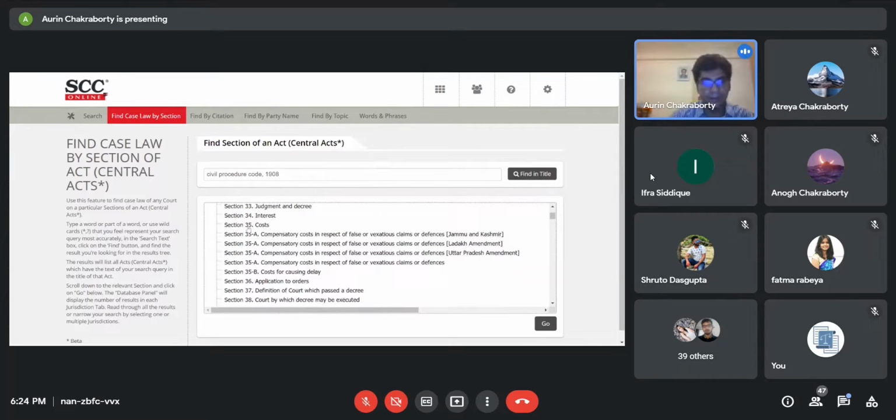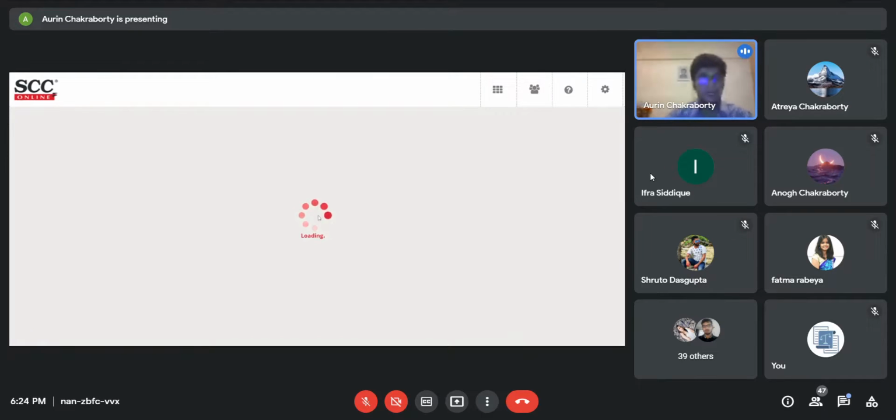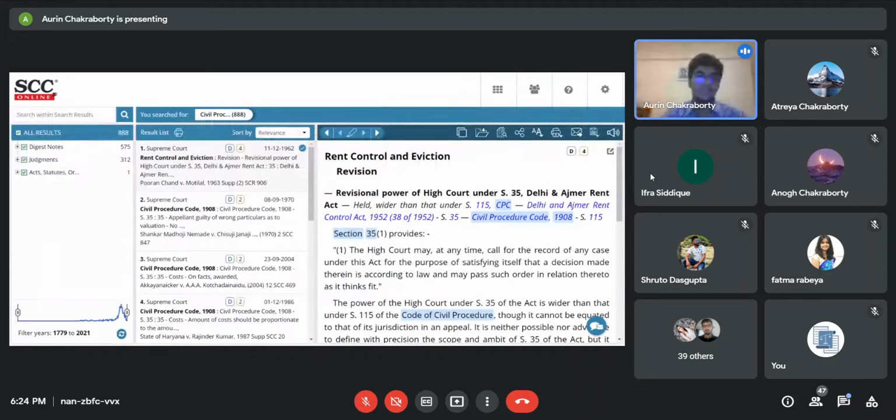We'll fire the search, and there'll be a whole sea and ocean of judgments. There are 888 judgments and digest notes inclusive.